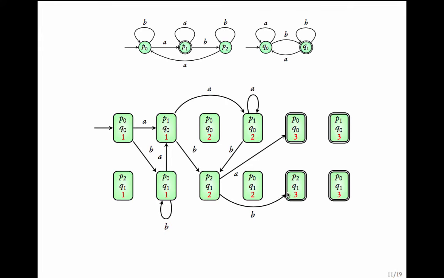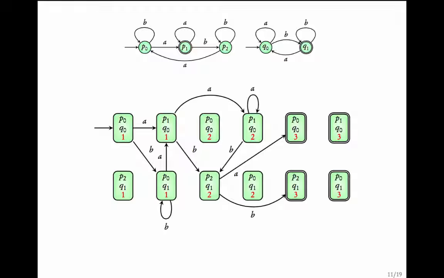Similarly, look at the path that comes here. There are many ways of doing it. Take this any number of times, do this and come here. If you see, all paths that come here would have seen an accepting state of the automaton 1 and an accepting state of the automaton 2. For example, P0, P1, P1, P1, P2, P2. P1 is an accepting state that we have seen. And here Q0, Q0, Q0, Q0, Q1, Q1. So Q1 is an accepting state.